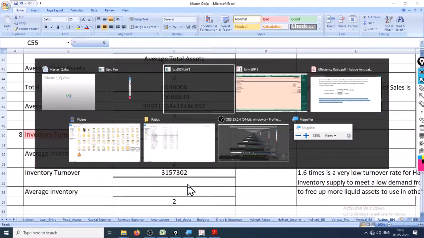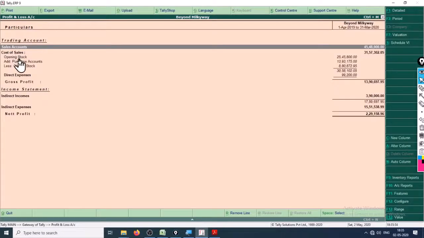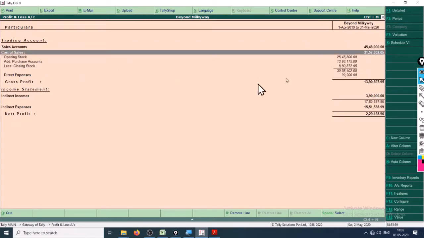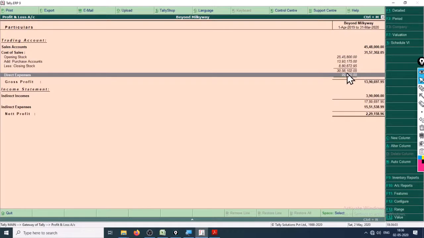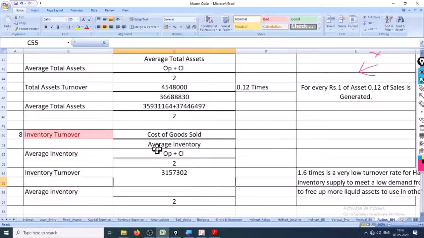Basically, how it is calculated, if you want to know, is opening stock plus purchases minus closing stock. But I guess this is the figure: 3058102, because it also has direct expenses in it. Not the earlier one, 3058102. Where should I put it? Good to go.